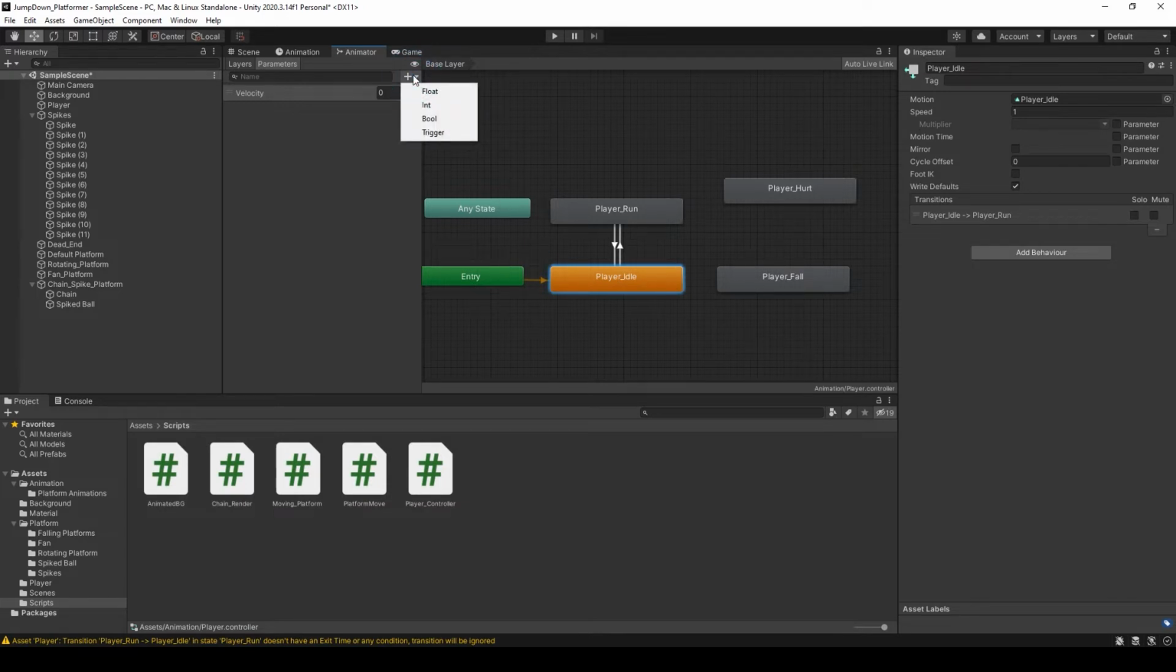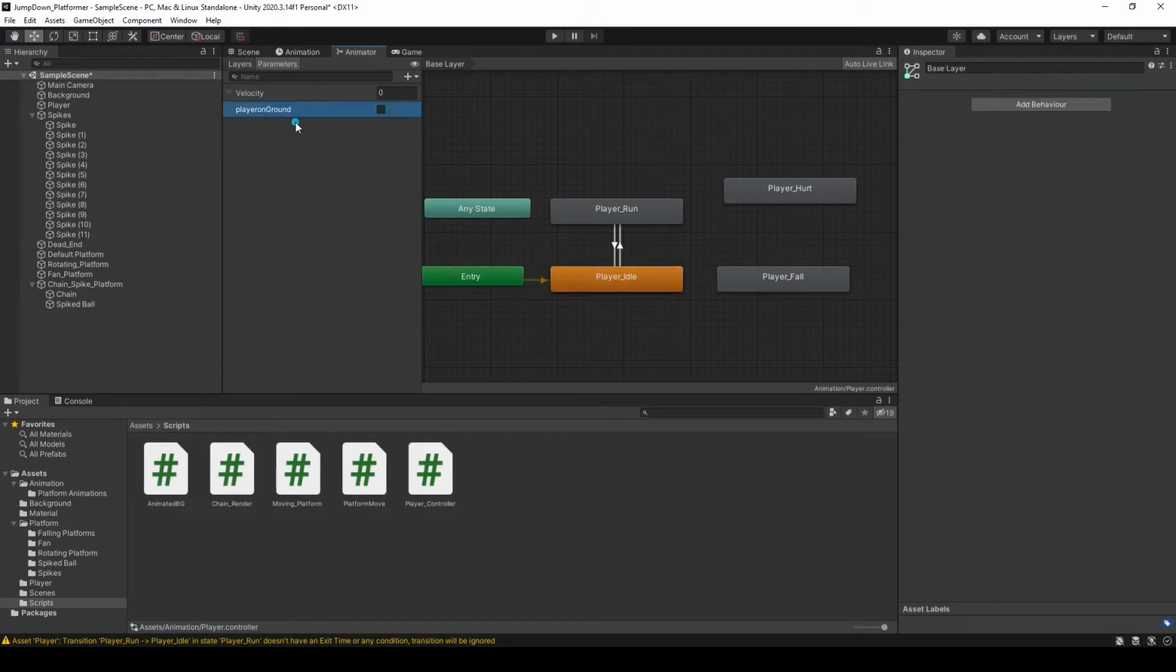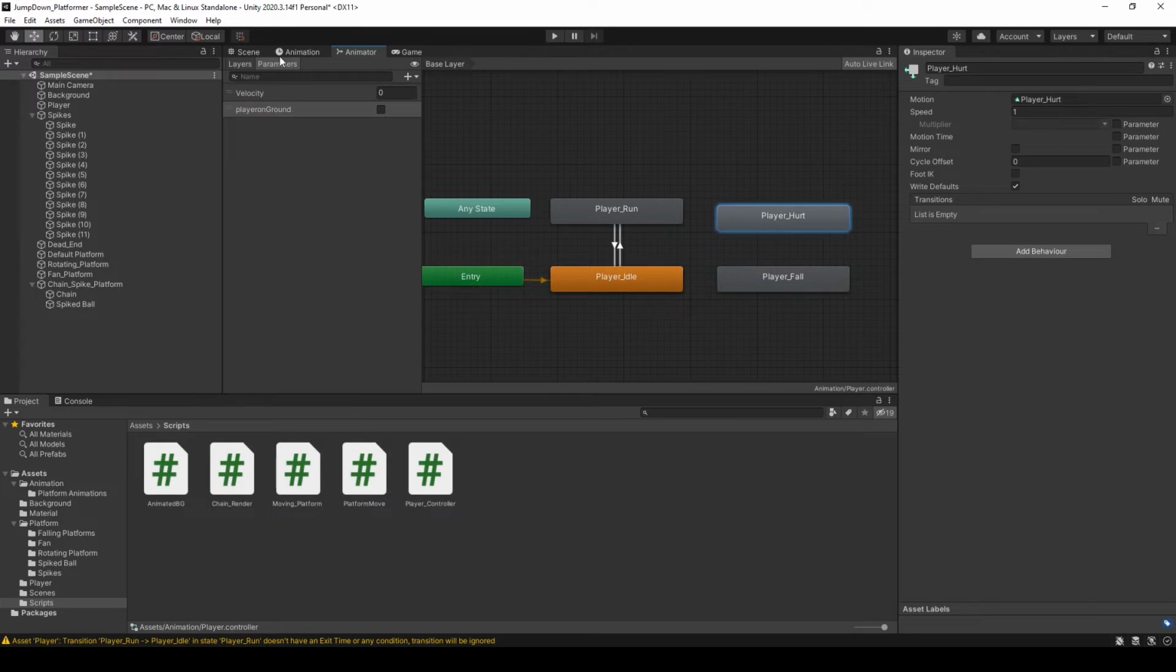So first of all, I am going to create a boolean type variable and I will call it player on ground. Perfect. So here you can see we are